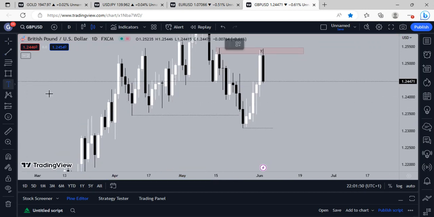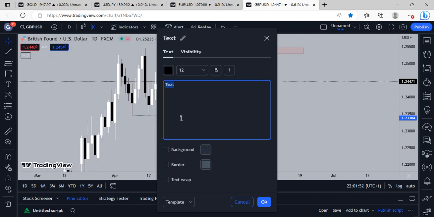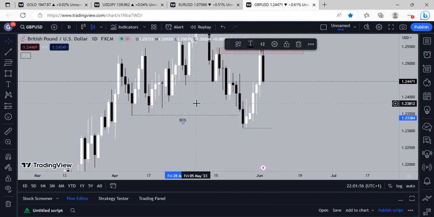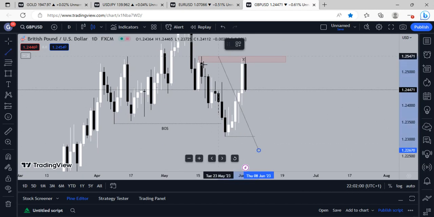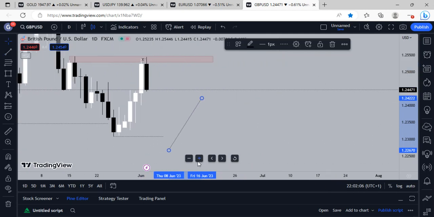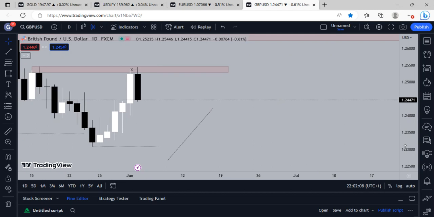So after this break of structure, price has now gone up, taken out this inducement over here by sweeping it, okay,